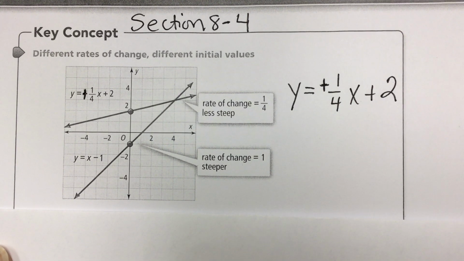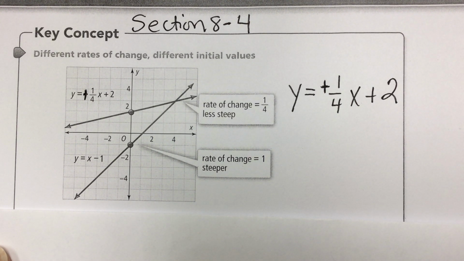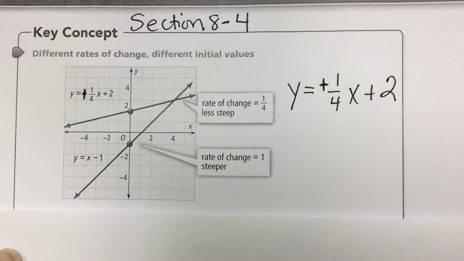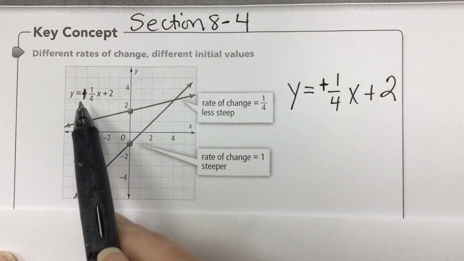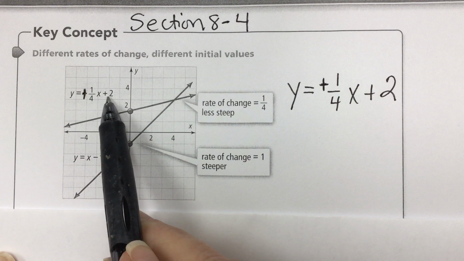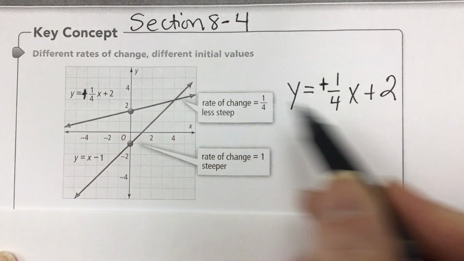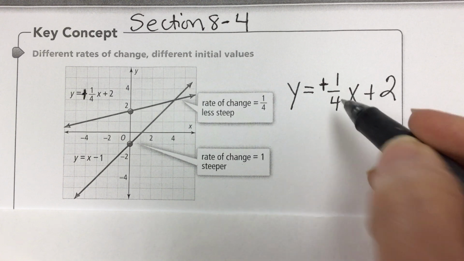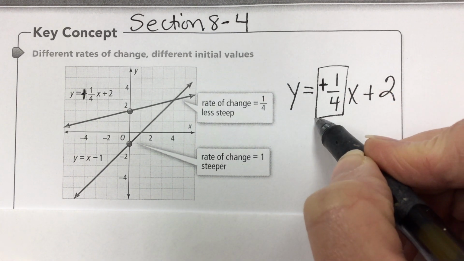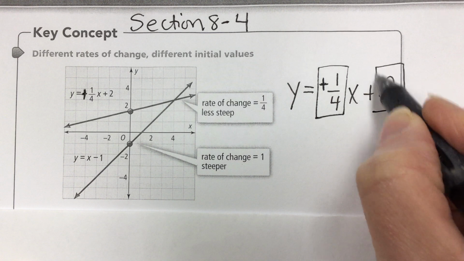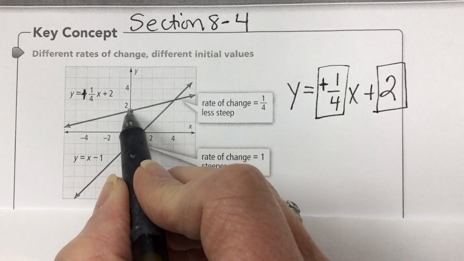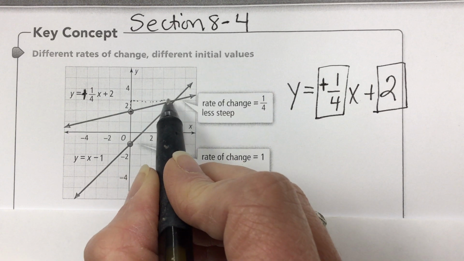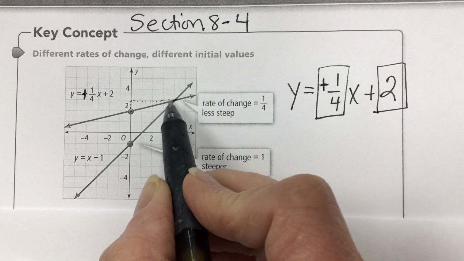Section 8-4, Key Concepts. We're going to look at these two lines graphed on the same graph. The name of this first equation is y equals positive 1/4 x plus 2. Now that's positive, okay? I've listed it over here. My slope is 1/4, that is your rate of change. And your initial value, which is your y-intercept, is 2. So from 2, we had to rise 1, we had to run 4 to find another point on